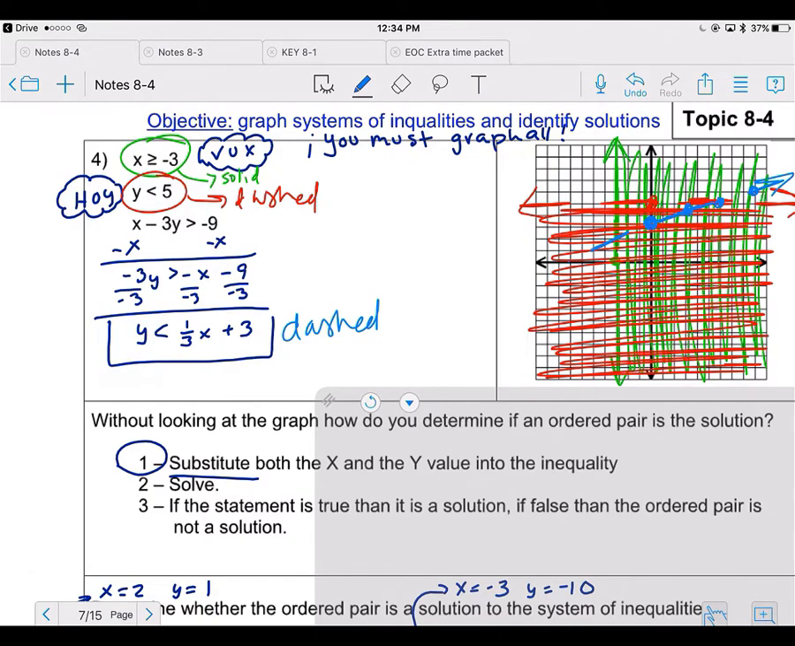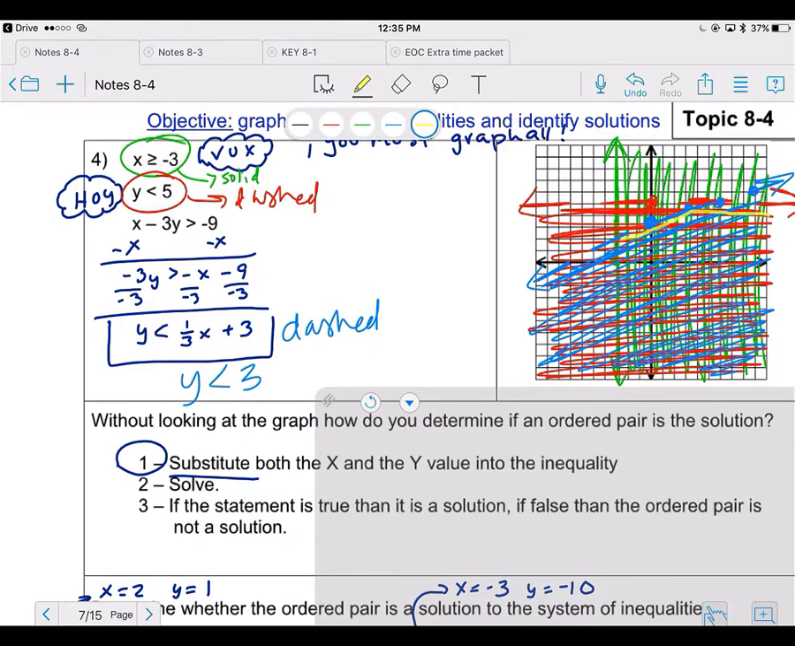So make sure you leave some spaces. And y is less than 3. Less than 3 is lower than 3, so we shade below the line. So my solution set is where all of them cross, where I have all 3 colors. So my solution set is what I'm highlighting right now, where I have the red, the blue, and the green